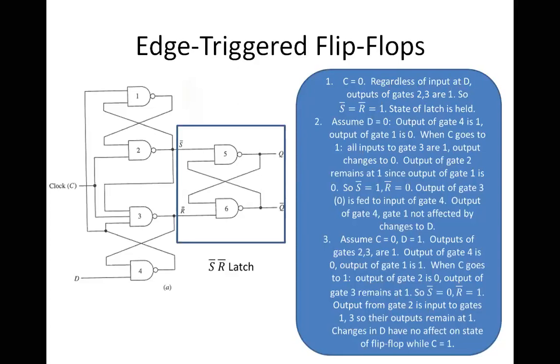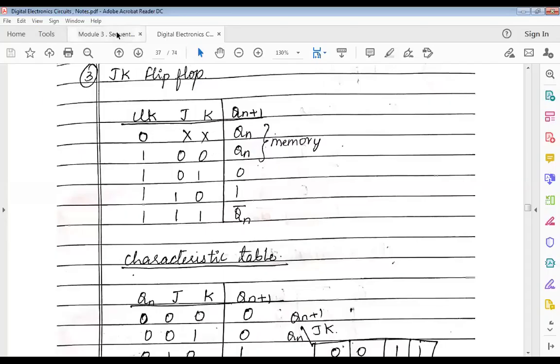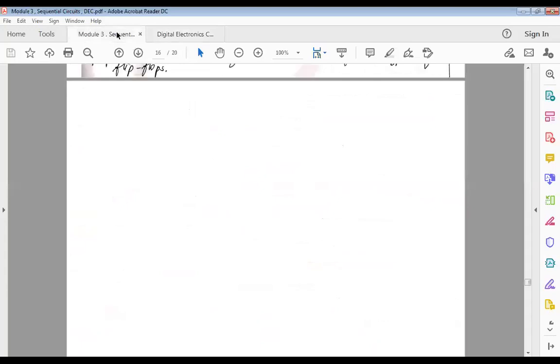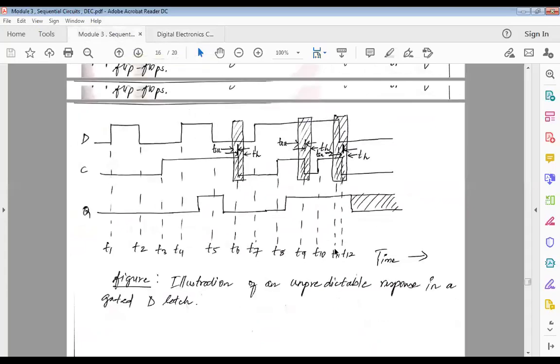we had studied about the S bar, R bar latch. How many of you remember the truth table? Have you made note of the truth table, S bar, R bar latch? Or you want me to share that notes? And you would like to refer it now? So could we share it? You're able to see, no? My notes?